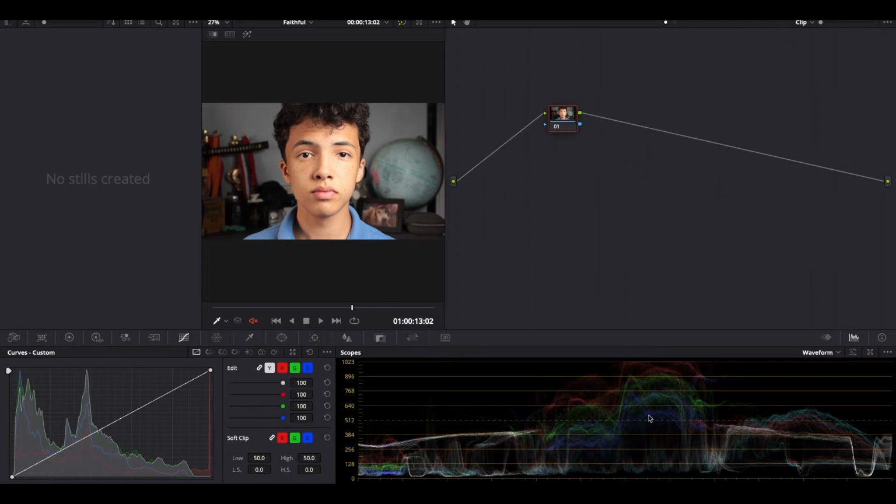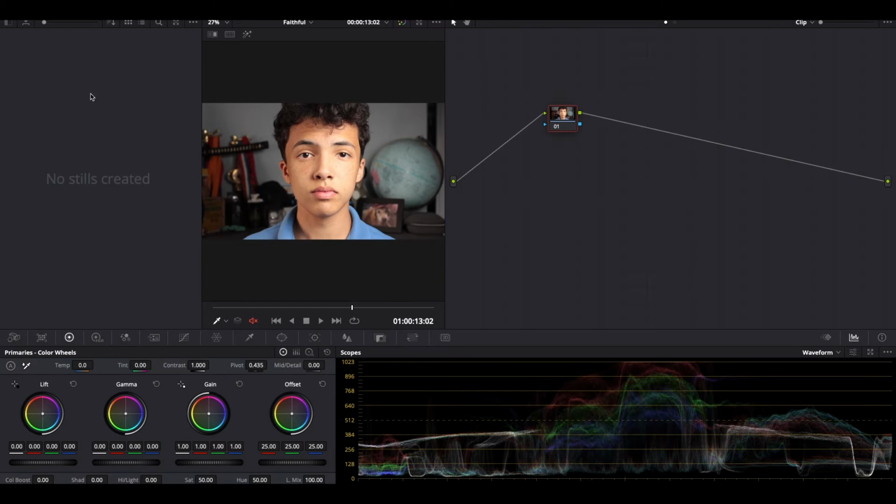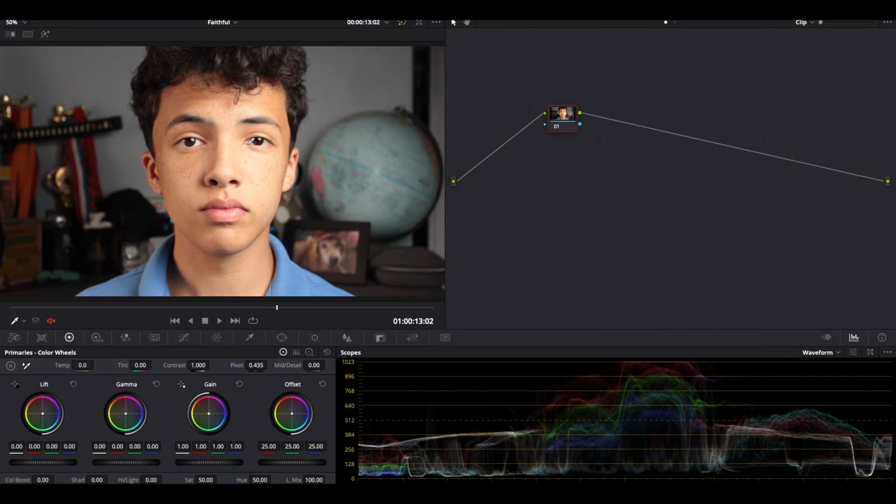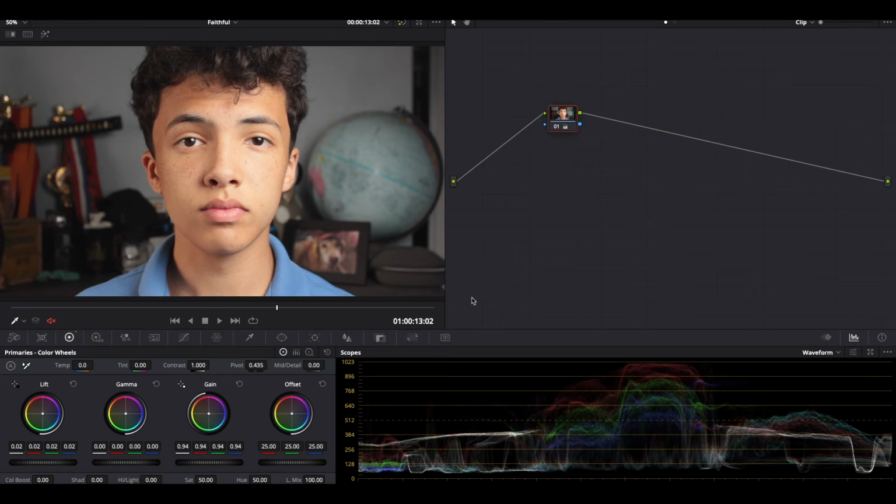It's got contrast already. I might want to dial back on the highlights. As you can see, it's slightly overexposed here. So what I'm going to try to do is get the gain and just try to drop it down, see how much data I can save. I can save about that much data. That's a good amount of data there. And then I'm going to bring up the lift a little bit. And then I'm going to do my usual